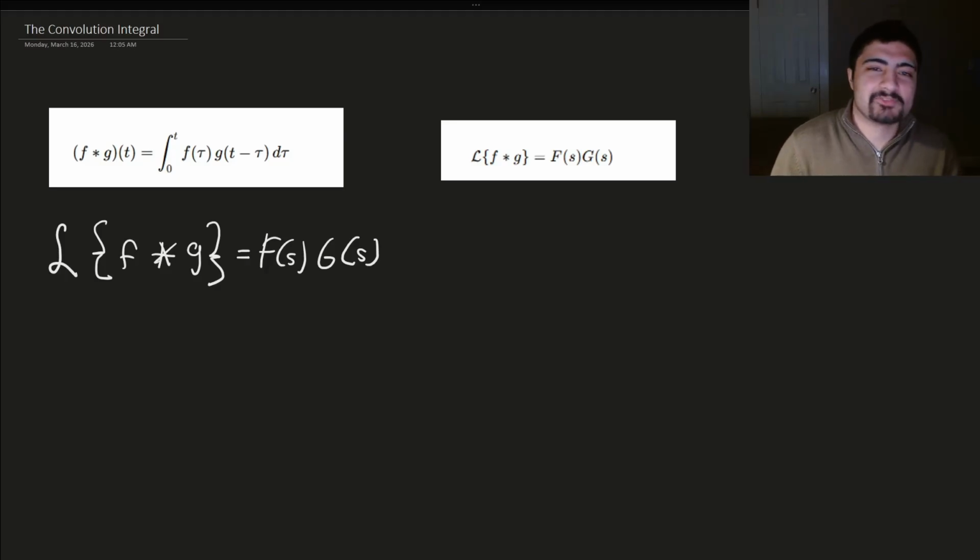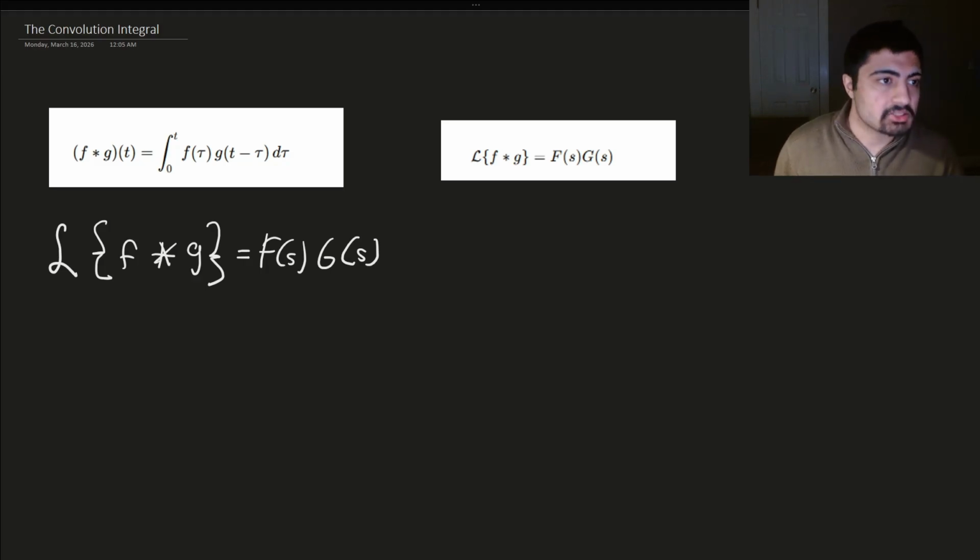Dear all, in this video we will be understanding the convolution integral and how it is used in Laplace transformations. So Laplace transformations with convolution helps us a lot when we see this convolution notation, and instead of making this whole integral, this is a definition of the convolution integral, 0 to t, f of tau g of t minus tau d tau. Well, the Laplace theorem of convolution tells us that taking the Laplace of this convolution gives us capital